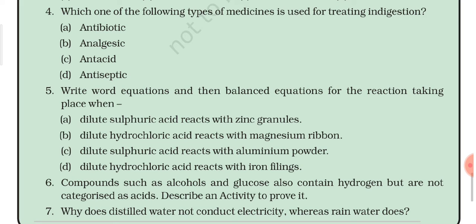Then why does rainwater conduct electricity? It is because of rainwater, as we have discussed somewhat in the topic of acid rain, that sometimes some gases dissolve, and when rain comes down, what happens? It contains some dissolved gases which get dissociated into ions. So basically in the case of rainwater, because of the presence of dissolved gas, which in turn gets broken down into its constituent ions, and because of the presence of ions, rainwater conducts electricity.